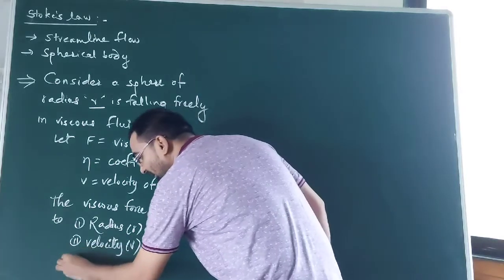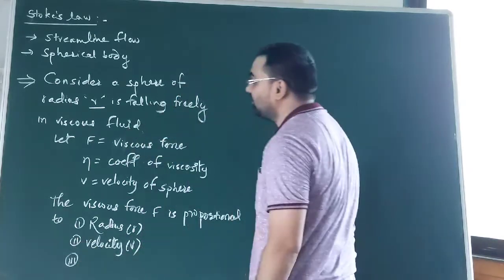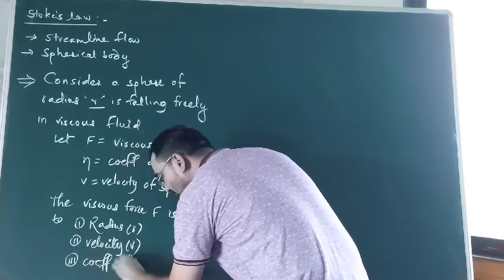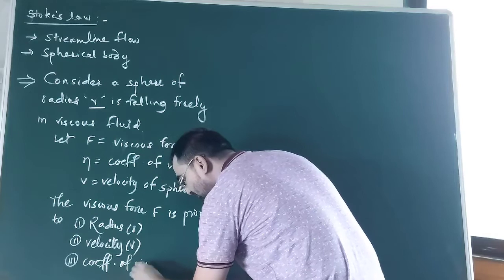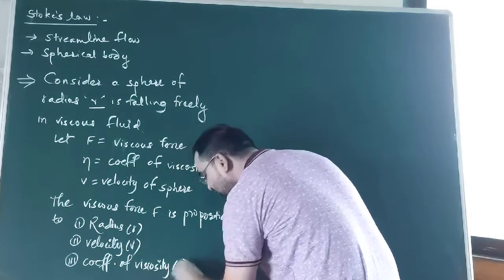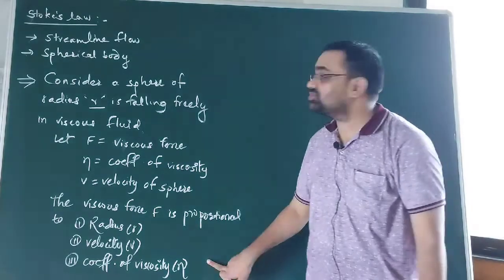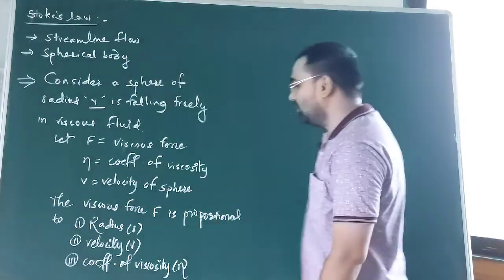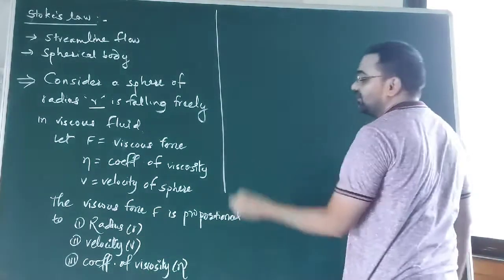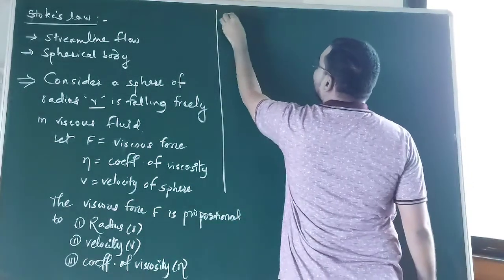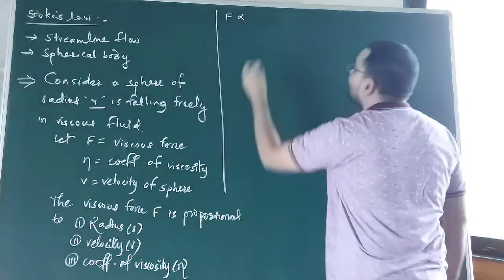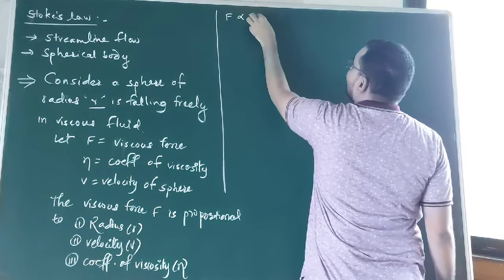And the third factor is very important, that is nothing but coefficient of viscosity of that liquid. So more is the viscous fluid, more is the opposition or more is the force acting on that object. So if I combine all these things together, then viscous force F is directly proportional to radius, velocity and eta. So it is directly proportional to r, v